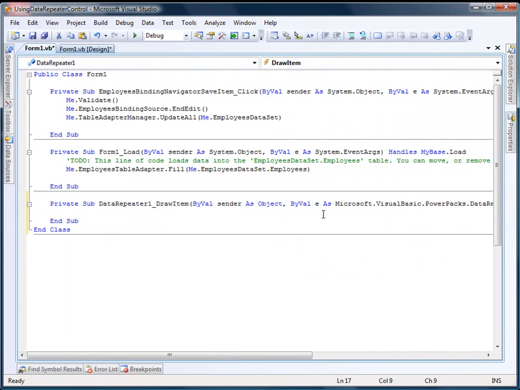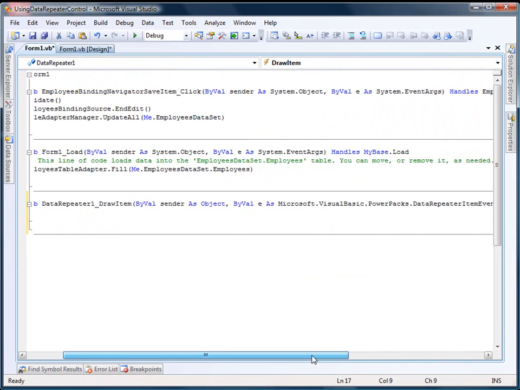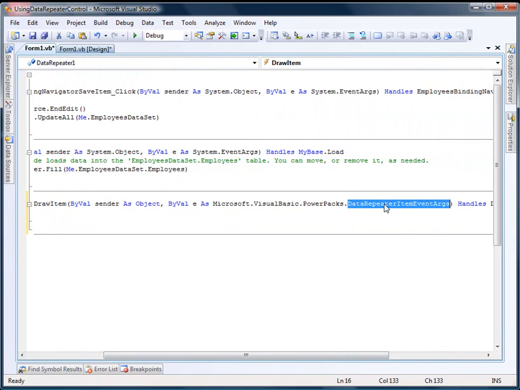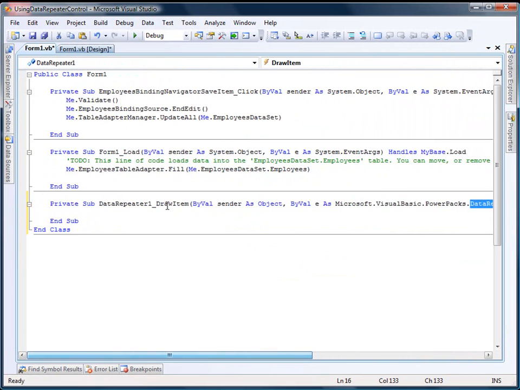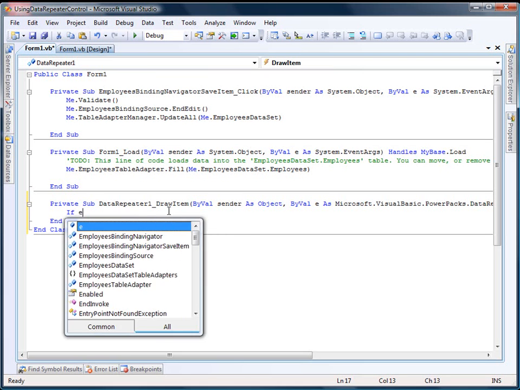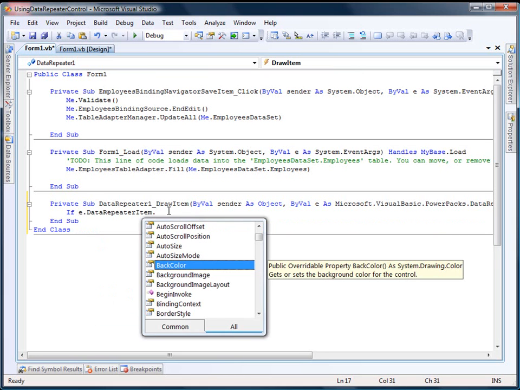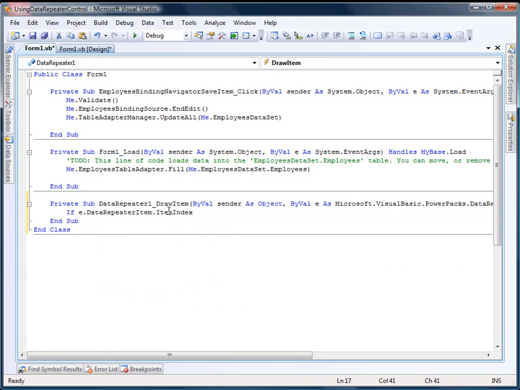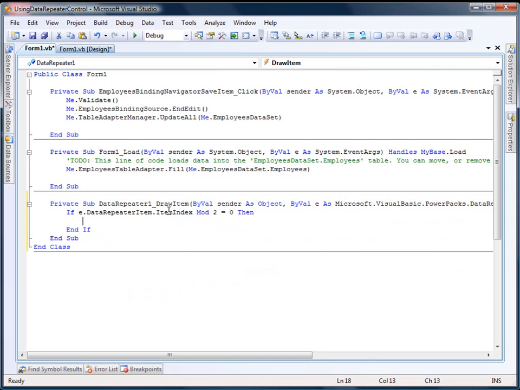Let me get this out of the way so we can see code. One of the parameters being passed in the event args is called DataRepeaterItemEventArgs. That gets us access to the data repeater item that's rendering that row, displaying that row's data. So I'm just going to say if e.DataRepeaterItem.ItemIndex mod 2 equals 0, so if it's an even one,